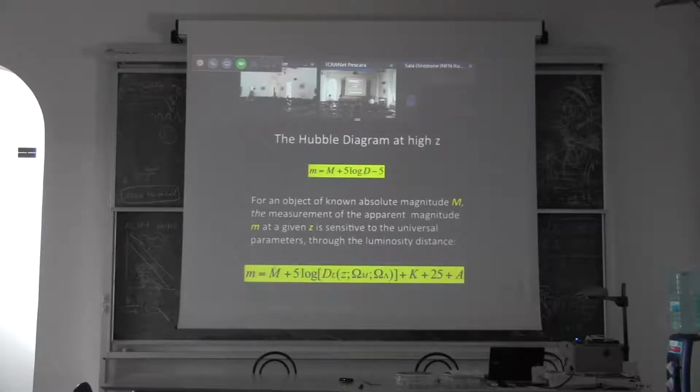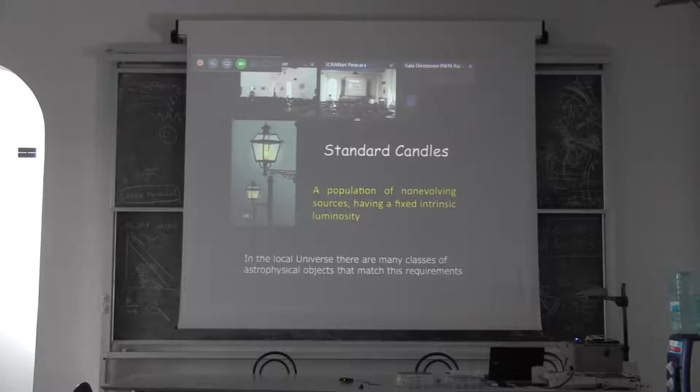Of course, I have to choose this class of astrophysical objects not randomly, but taking astrophysical objects with a specific property, that they are not evolving sources, and they need to have an intrinsic luminosity. So they have standard characteristics. And in the universe, we have plenty of standard characteristics. For example,